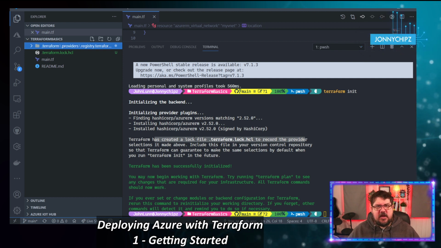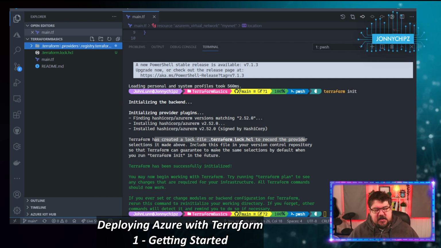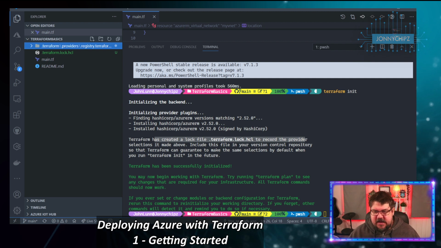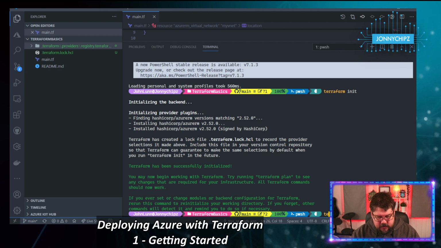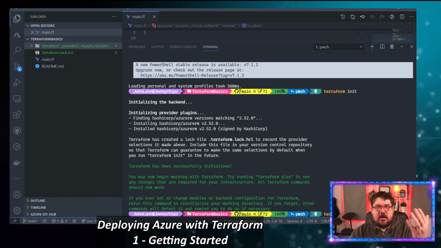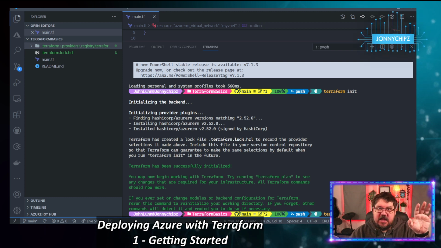We'll get to other things that we can do in future videos, but this is really the first start, the basics of it. Okay, so what can we do next? And generally speaking, the next thing that we can run is terraform plan. So it's going to take the code that I've written. It's going to take a look at